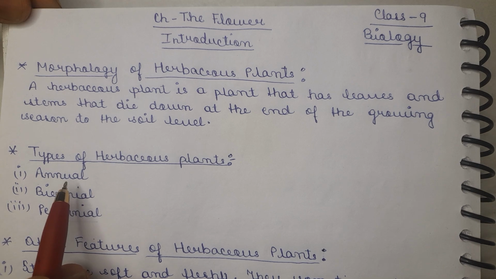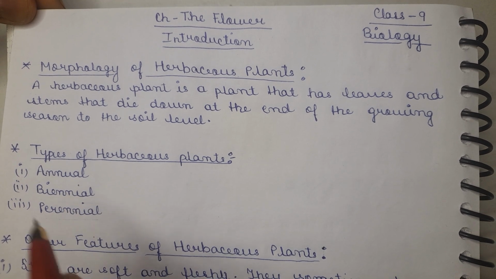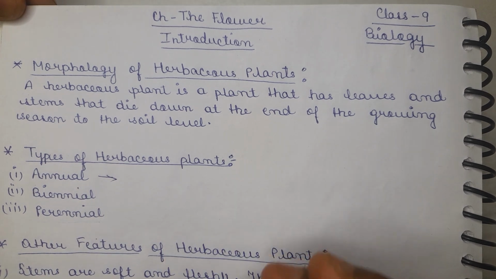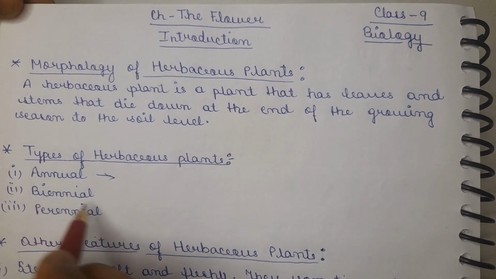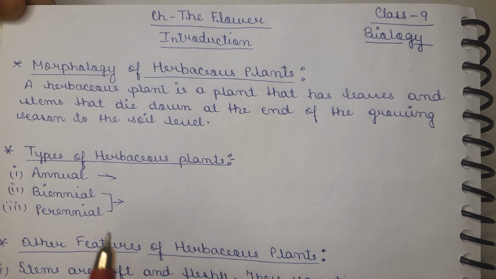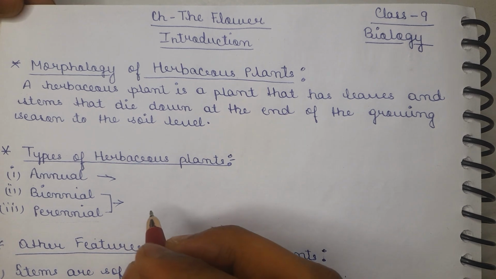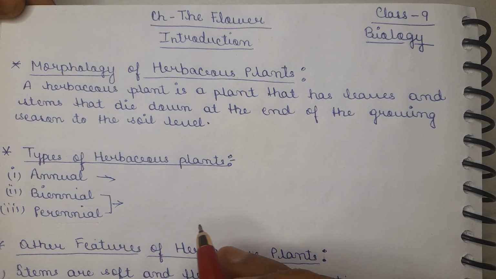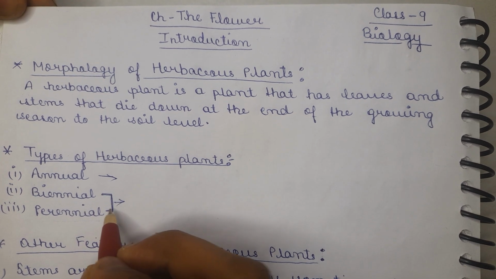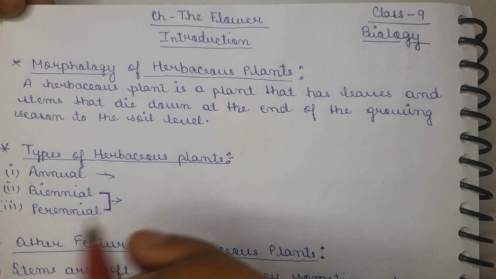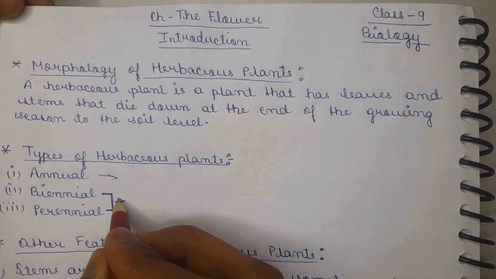Now the annual herbaceous plants die completely at the end of the growing season after they get flowers or fruits. Now the biennial and perennial are both of the same type. They basically die at the end of the growing season, but part of the plant survives under or close to the ground from season to season. In this type of plants, new plants are produced from these remains only.